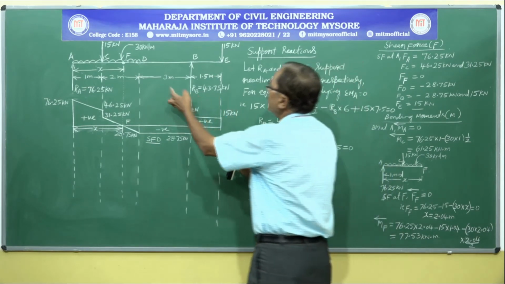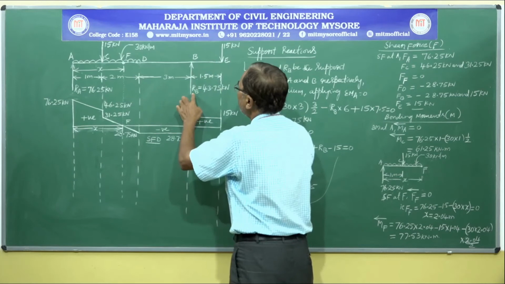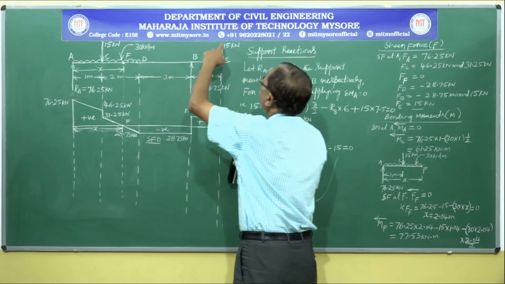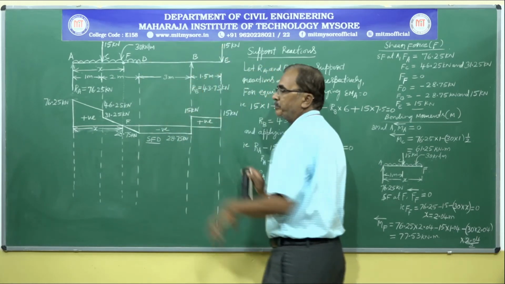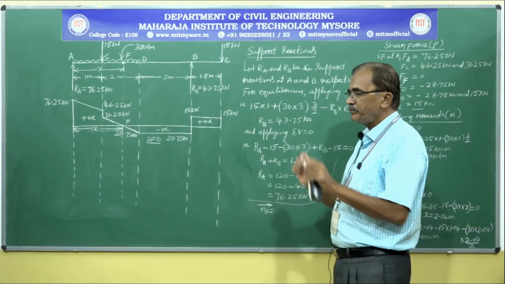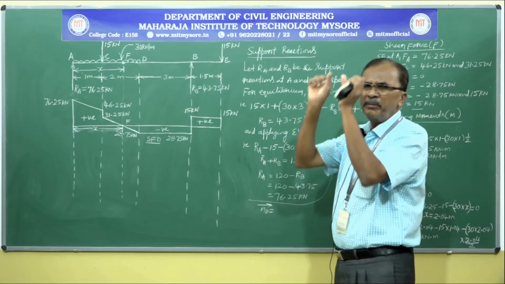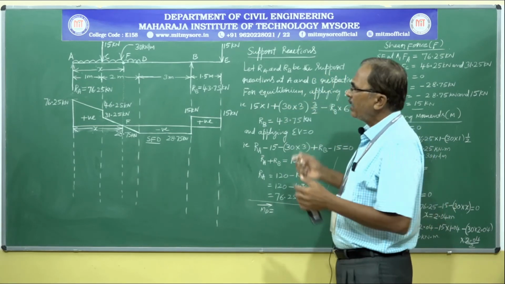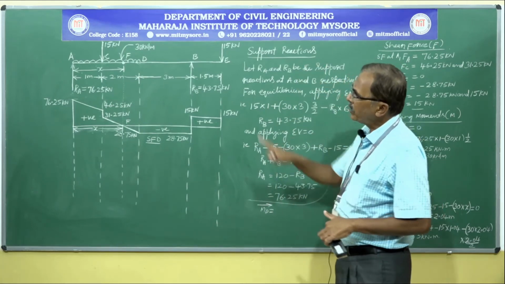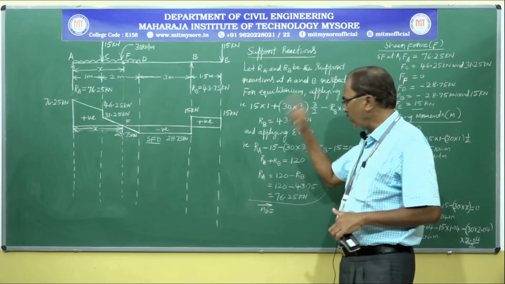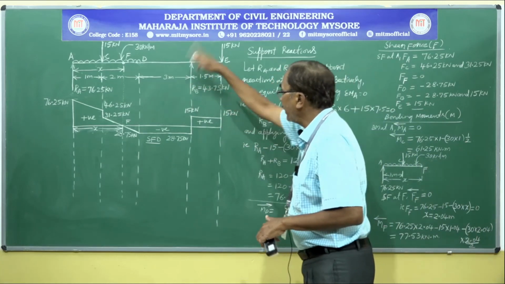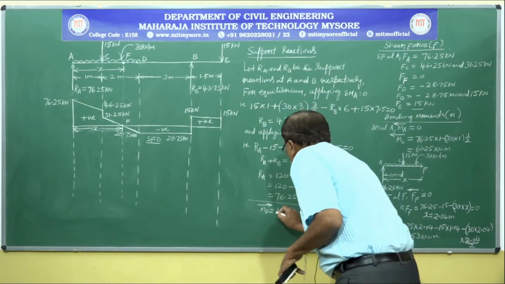To the right of the point D, there are two forces. One is support reaction acting in the anti-clockwise direction, it is creating anti-clockwise moment, and this point load is creating a clockwise moment. To the right of the point D, as we know, clockwise moment will lift the beam in the upward direction, and anti-clockwise moment will try to bend the beam in the downward direction. Hence, to the right of the point consider anti-clockwise as positive and clockwise as negative. Though this RB creating anti-clockwise moment, we consider it as positive.